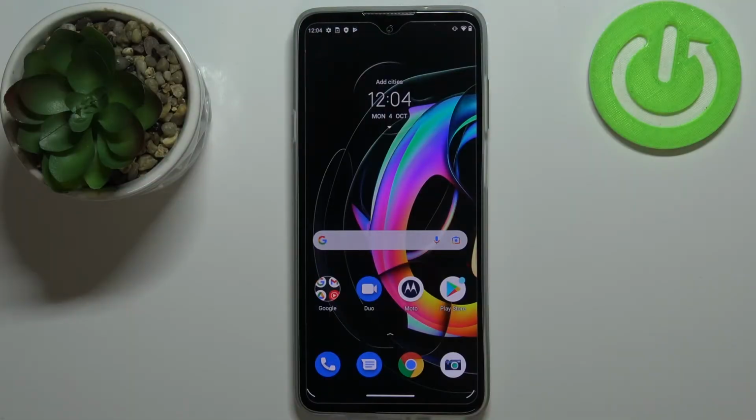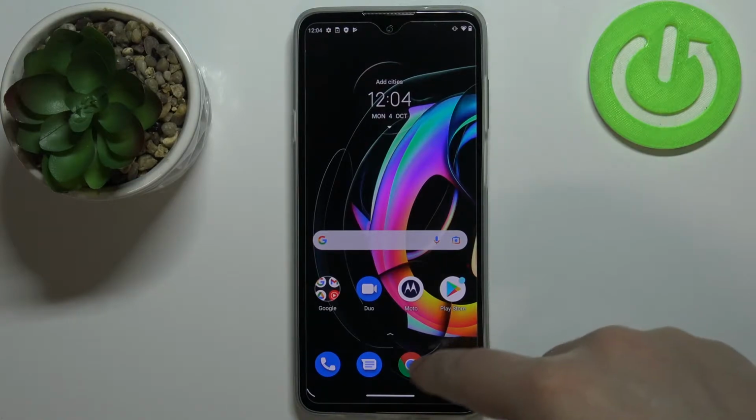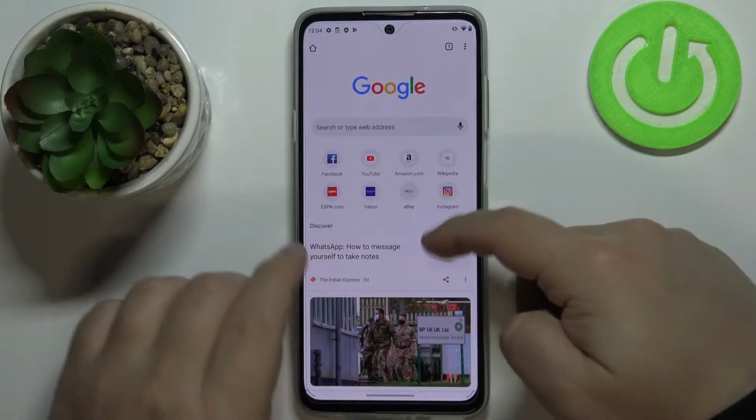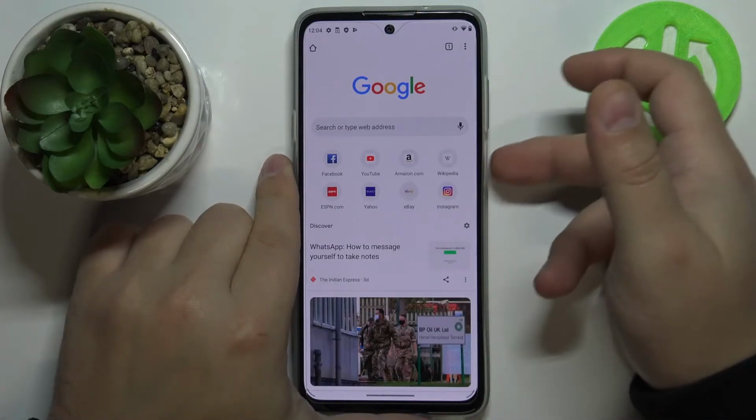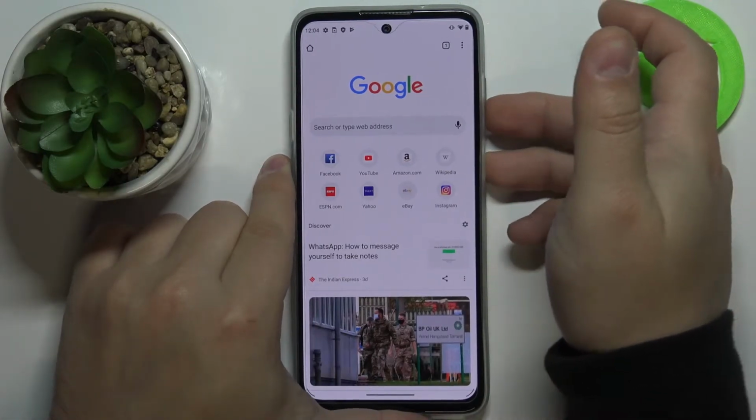Hello, in front of me I have Motorola Edge 20 Lite, and I'm gonna show you how to take a screenshot on this device. First, let's go to the screen we want to capture. For example, I'm gonna open the Chrome browser. And now, to take a screenshot, we need to press the volume down button and the power button together. So let's press them